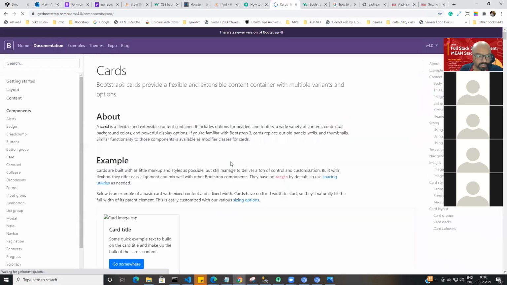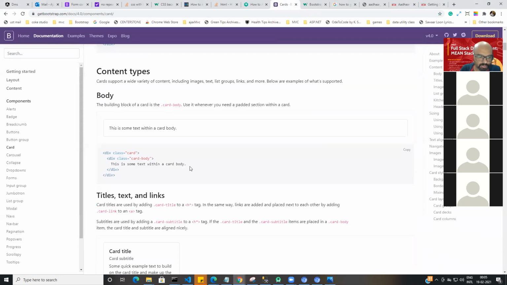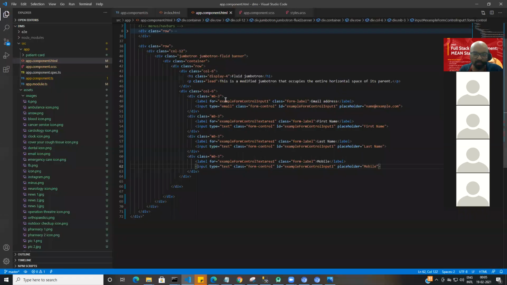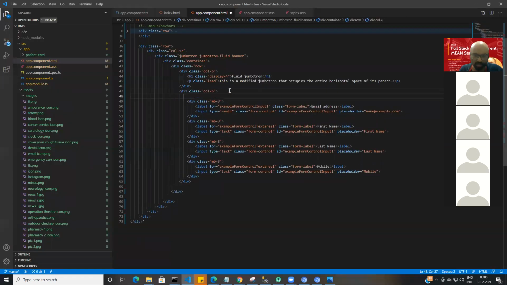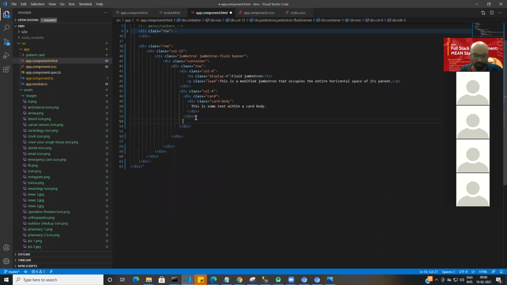So let's open card, and let's make a card like this. Card body. So I'll take all these forms and put them into a card body.